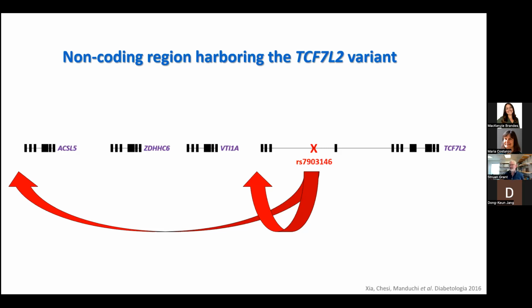Now, there are some caveats to this, and I think our experience with this is typical of what people are experiencing and how you address it. It also poses more questions than it answers. First, I used a fairly crappy cell line. So what is this doing in other cellular settings? eQTL studies of this region in pancreatic islets, which is obviously a different cellular context from what I studied, only show TCF7L2. So it's only an eQTL for TCF7L2.